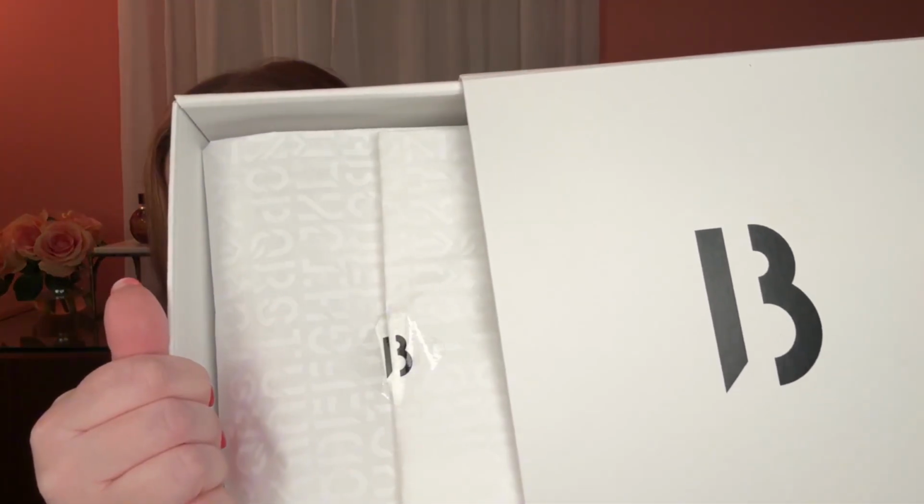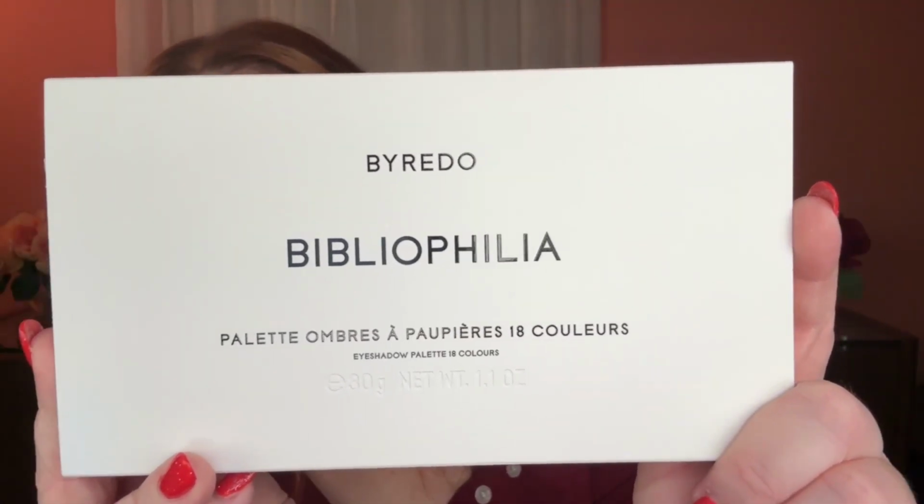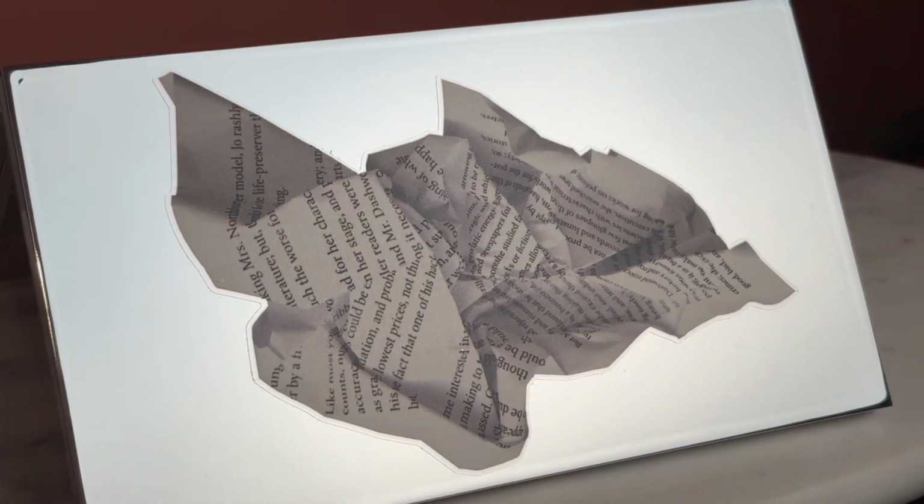Okay. So open it like this and see the beautiful packaging inside. Okay. Here we go. And there it is. Now this did come in plastic wrap. I did remove it just to check it to make sure that it wasn't damaged. The Byredo Bibliophilia palette. Now this is made in Italy and came in a pretty penny. It was not cheap. I'll show you the outside of the palette on kind of like B-roll footage